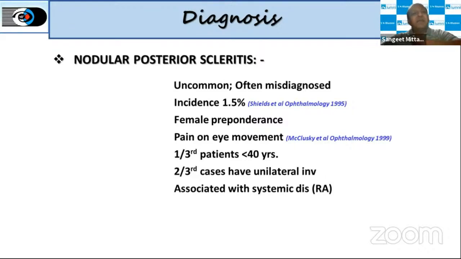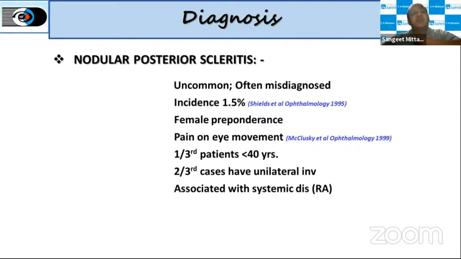It has a female preponderance and shows pain on eye movements. One third of patients are less than 40 years of age. Two thirds of cases have unilateral involvement, and it is sometimes associated with systemic diseases. The main thing that